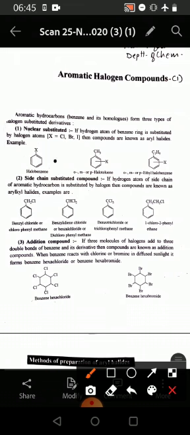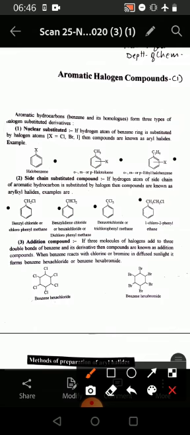For example, halobenzene, ortho, meta or para halotoluene, ortho, meta or para haloethylbenzene. Second are side chain substituted compounds. If a hydrogen atom of the side chain of an aromatic hydrocarbon is substituted by a halogen, then these compounds are known as aralkyl halides. For example, benzyl chloride or chlorophenyl methane, benzylidene chloride or dichlorophenyl methane, benzotrichloride or trichlorophenyl methane,